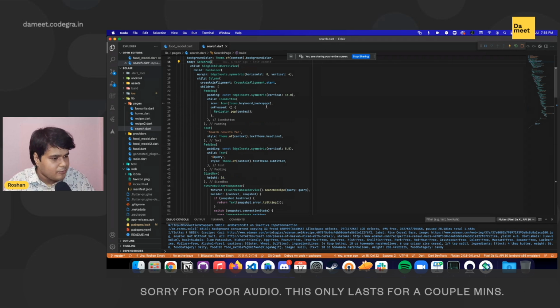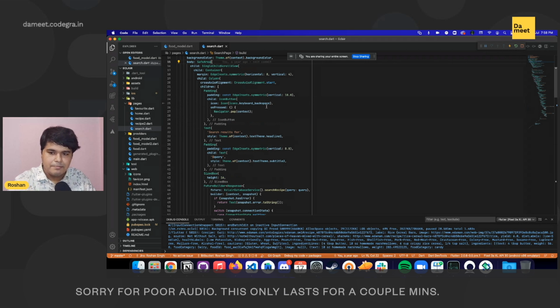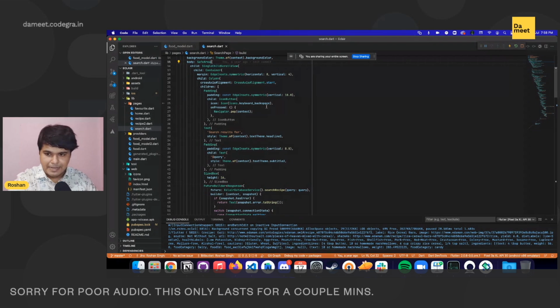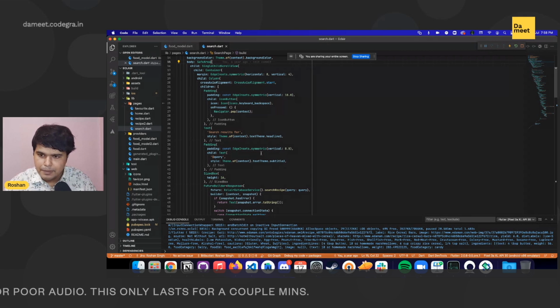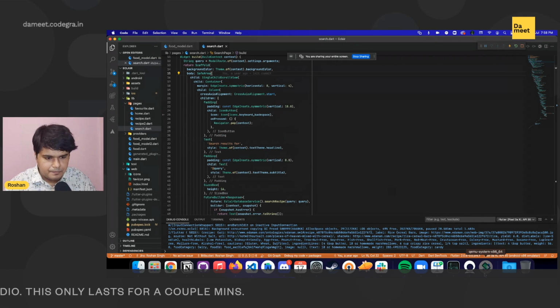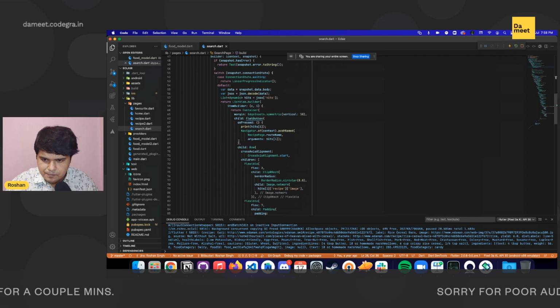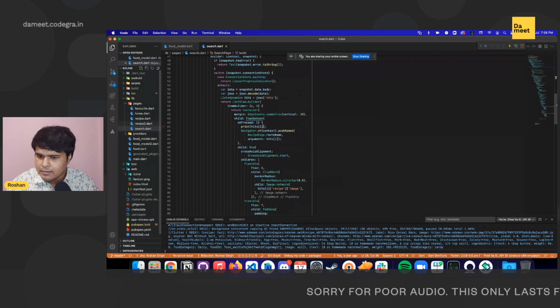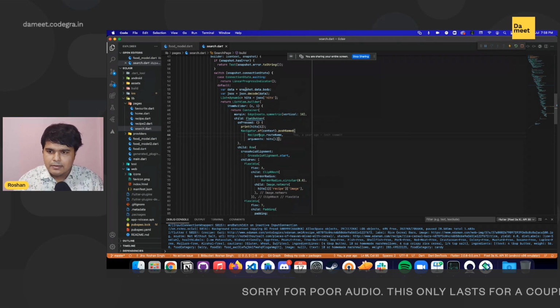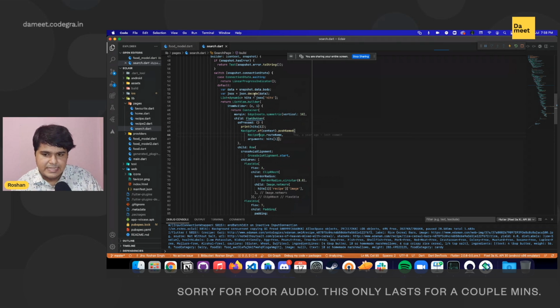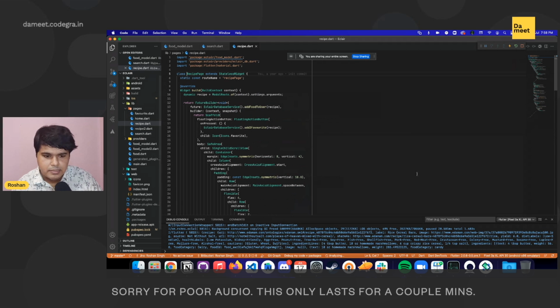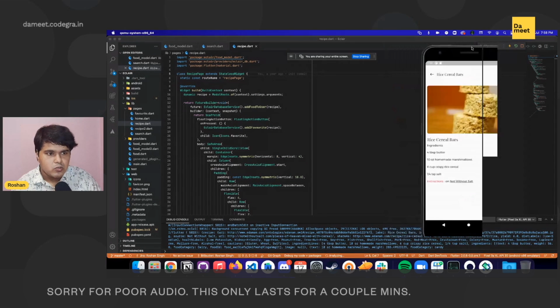I'll not try to get you overwhelmed by explaining every line of code, but rather what we can do over here is show how easy it is to make these edits inside a particular page.